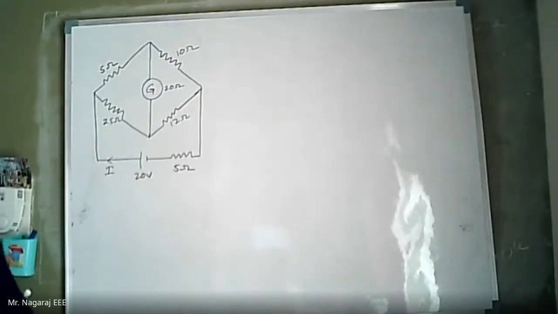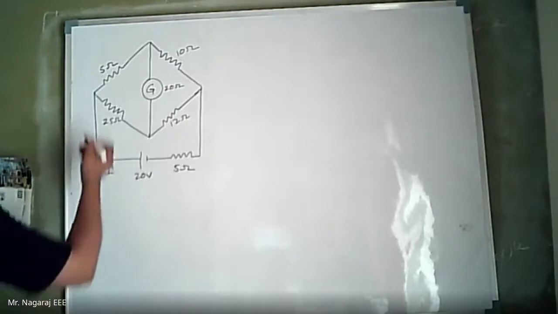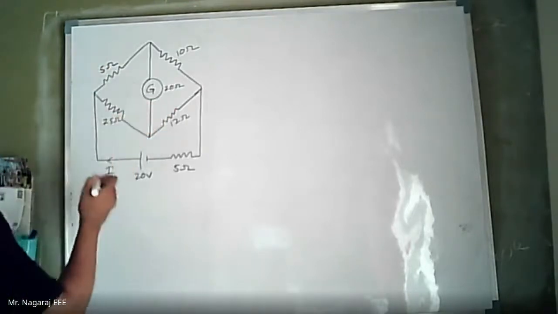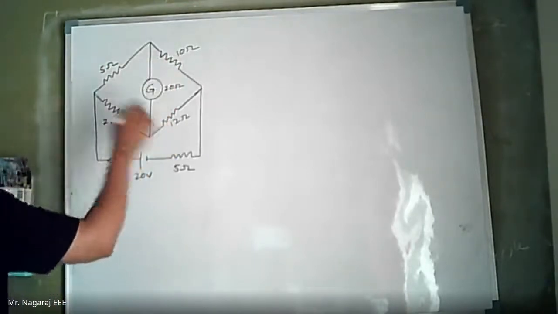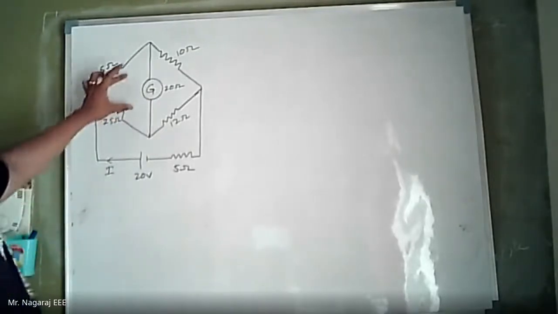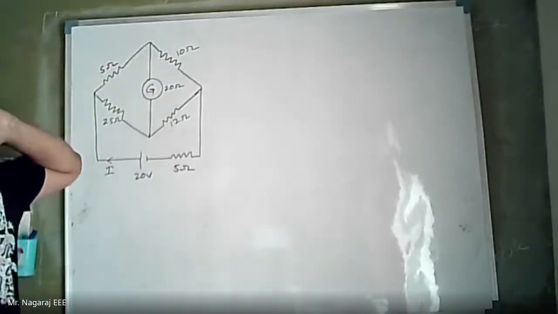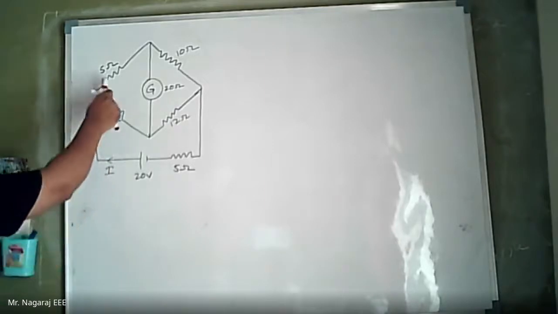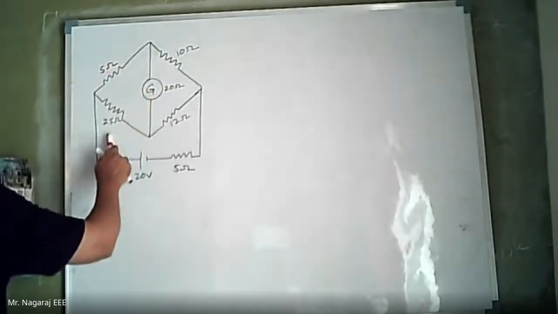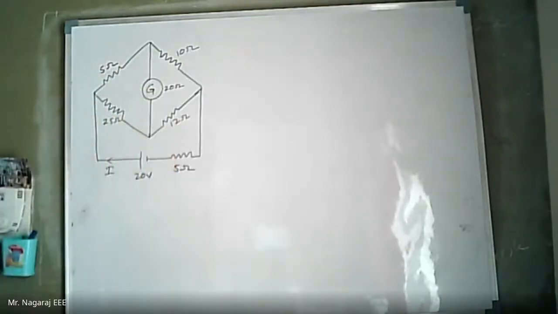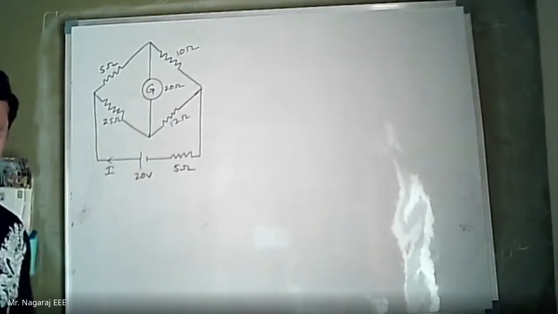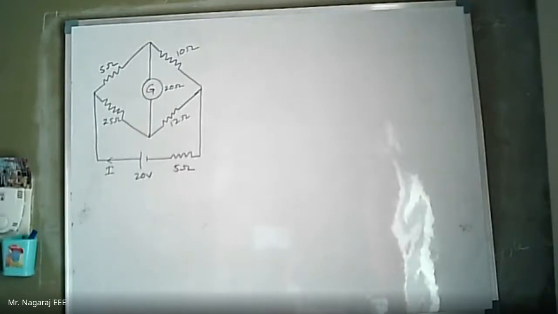There is a delta connection of 5 ohm, 25 ohm and 20 ohm, and 20 ohm, 10 ohm and 12 ohm. This is one delta loop, and this is another delta loop. Or there is a star connection of 5 ohm, 20 ohm and 10 ohm, or 25 ohm, 20 ohm and 12 ohm. Like I told, if I convert star to delta, resistances will fall in parallel. If I convert delta to star, resistances will fall in series in the transformed circuit at the later stage.